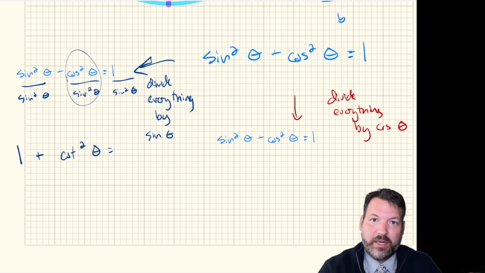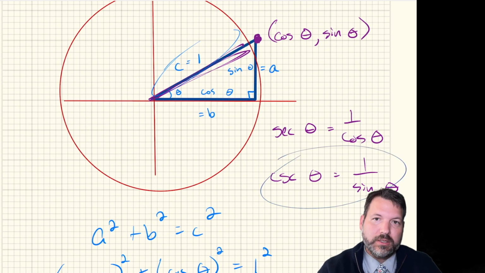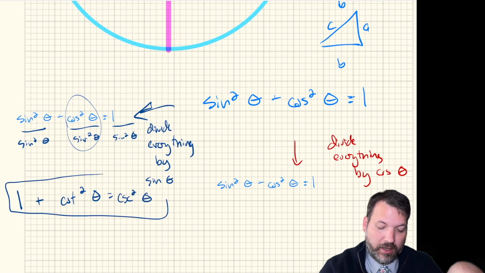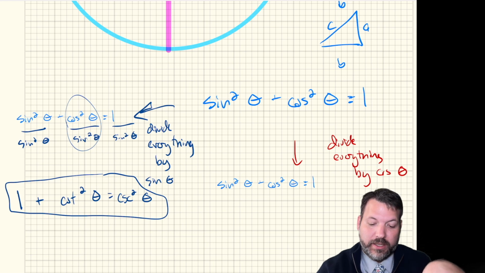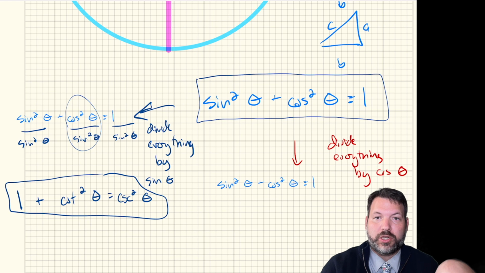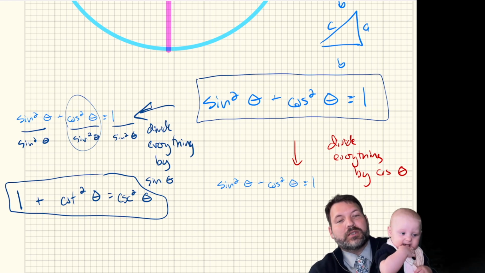And then 1 over sine squared, we said 1 over sine was the same thing as cosecant. Sine and cosecant were reciprocals, right? And so that is cosecant squared theta. And so that is another of our Pythagorean identities. So we start with a squared plus b squared equals c squared, which generates that. We end up with 1 plus cotangent squared theta equals cosecant squared theta.